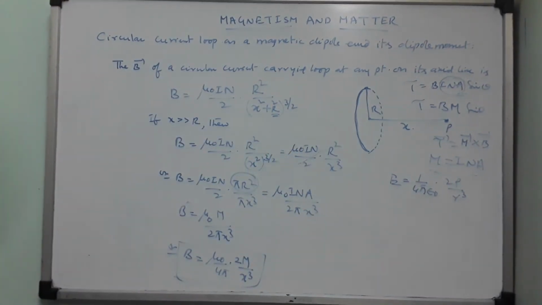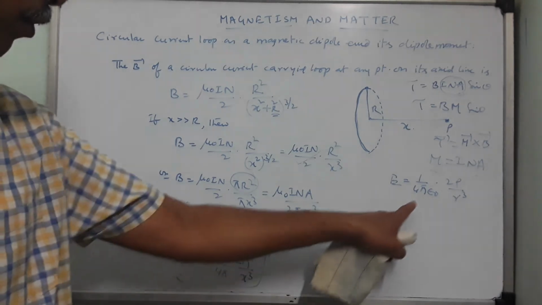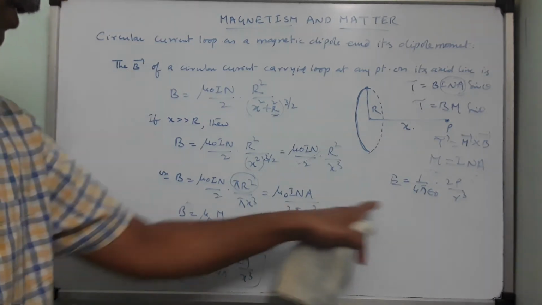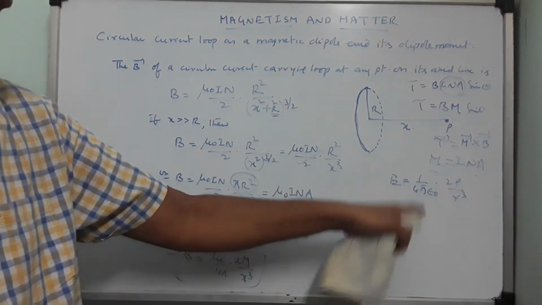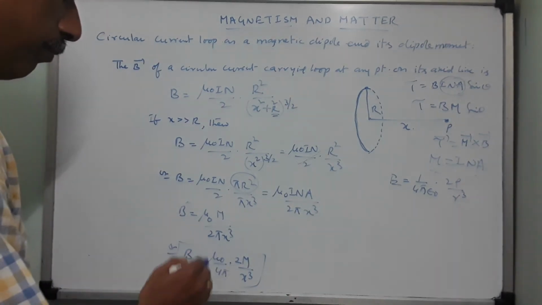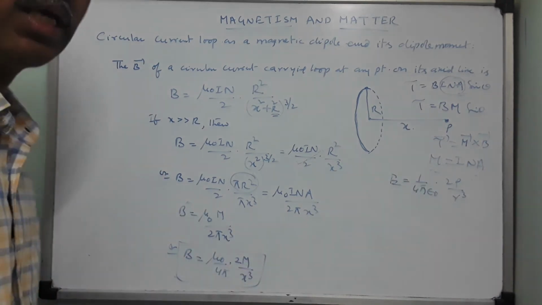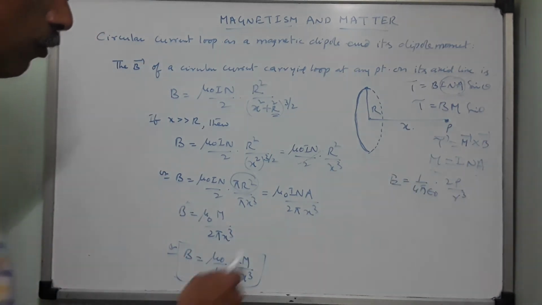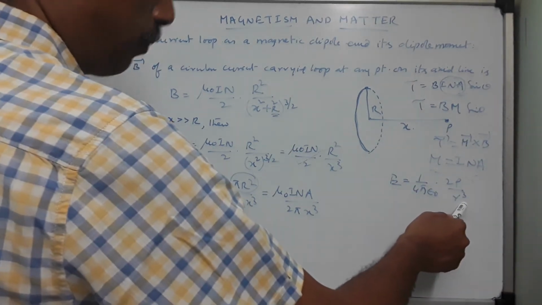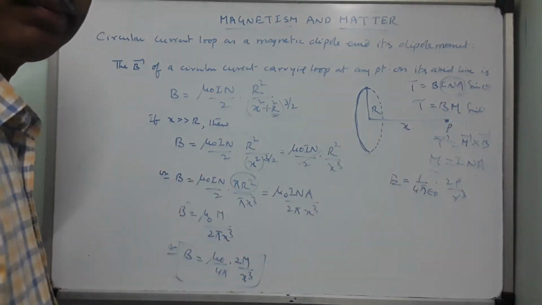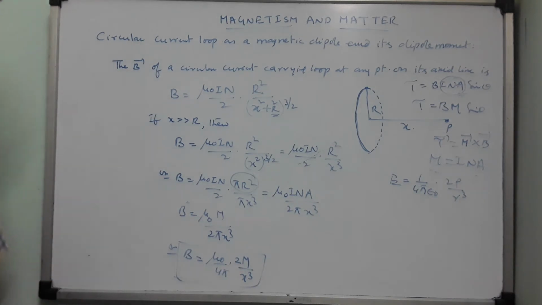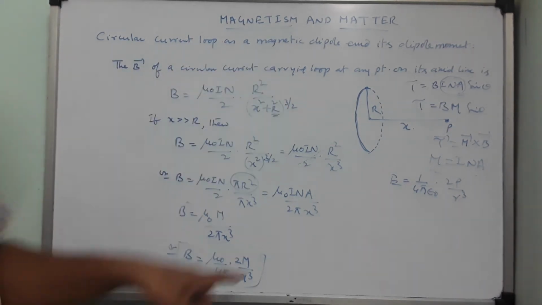Compare these two equations. We already have 4 pi in the denominator. Several times I told you, wherever mu naught comes in the numerator, epsilon naught will come in the denominator, or if epsilon naught comes in the denominator, then mu naught. So mu naught by 4 pi is a constant in the SI system. 1 by 4 pi epsilon naught is also a constant in the SI system. 2 is there, 2 is there. Electric dipole moment, magnetic dipole moment. Distance of point P, distance of point P. Okay, so this M is known as the magnetic dipole moment of the circular current loop as a magnetic dipole.